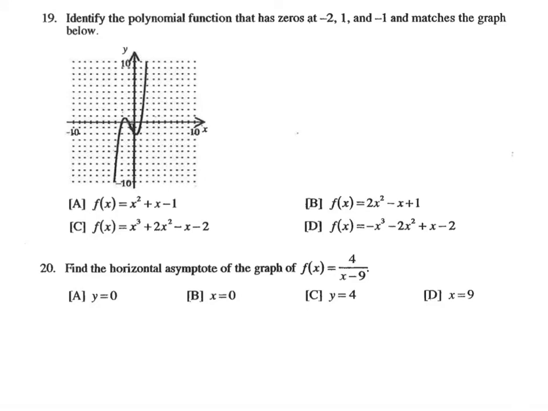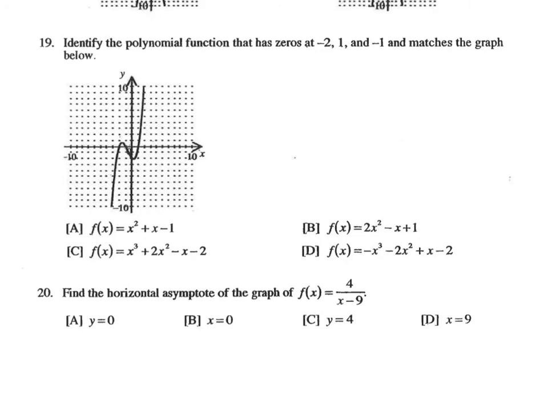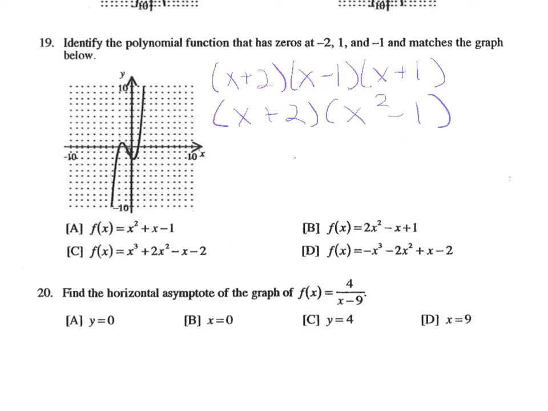In number 19, we want to identify the polynomial function that has zeros at negative 2, 1, and negative 1. So I'm going to take those zeros and I'm going to put them back into the factors of the polynomial where we would have gotten those 3 zeros, which would be x plus 2, x minus 1, and x plus 1. I'm going to FOIL together x minus 1 times x plus 1 first, because we just get x squared minus 1. And if we FOIL those together, we'll get x cubed plus 2x squared minus x minus 2,